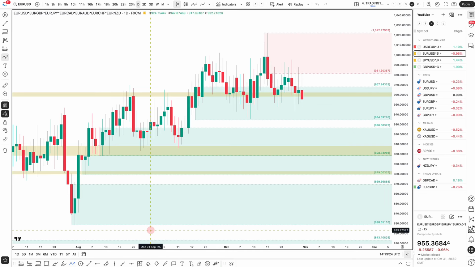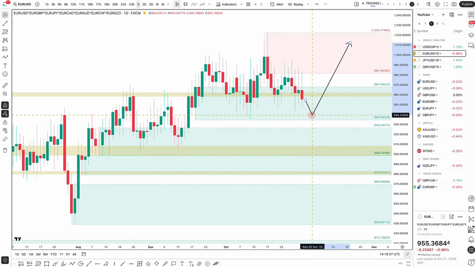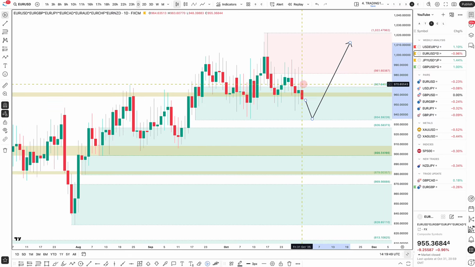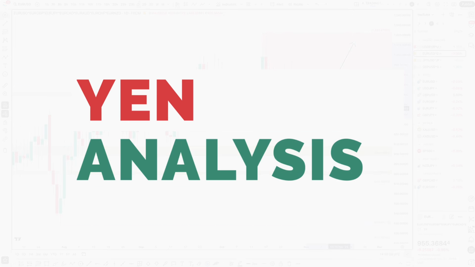So for me, when you've got one central bank who are cutting rates and another who are holding rates, you want to go with the one that are holding rates. And so any pullbacks, I think, should be seen as likely buying opportunities. Where it turns around, who knows? But ultimately, when you get a reversal signal, technically, that's where I would look to buy. Not giving you financial advice, of course, but this is what I'm looking to do. Any pullbacks, I'm looking to buy on the euro, unless, of course, the data changes. So for me, euro remains more on the buy side than the sell side for now.